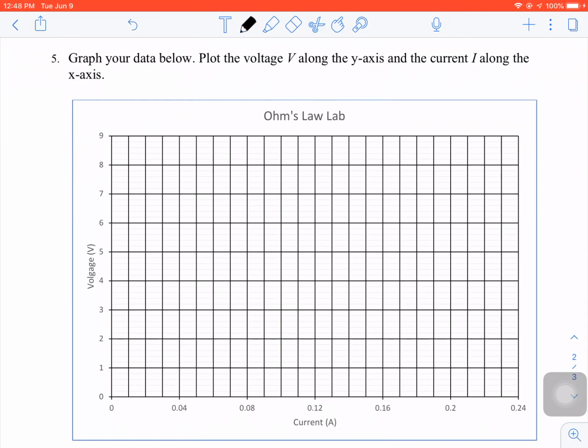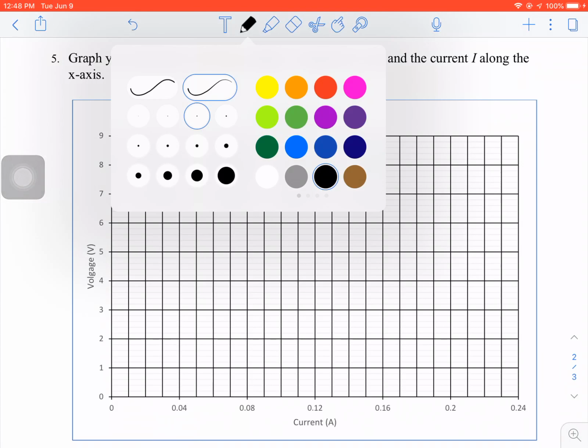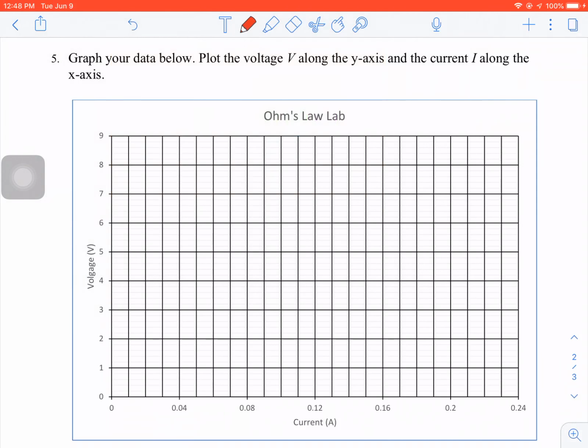So I'm going to look up here at 9 volts, and go across to 0.01. This is 0.04, 0.03, 0.02, 0.01. So 0.011 will be just past that. So my first point, let's change the color to red, I'm going to put right there. I'm going to put my 8 volt point